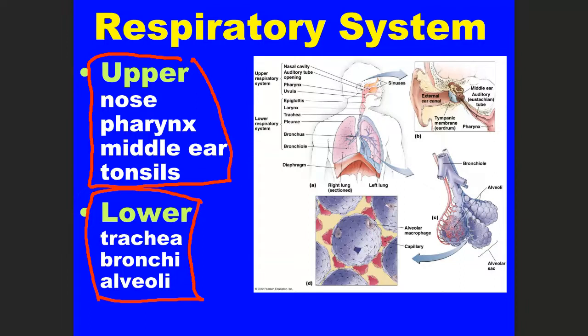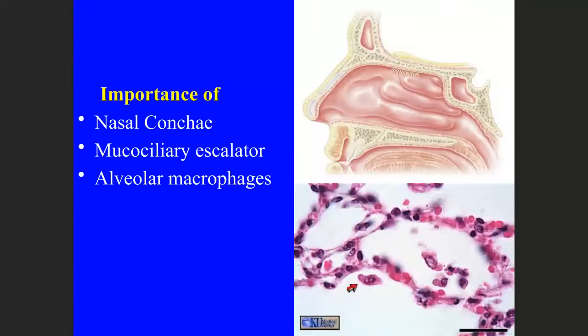All right. There are other structures that you probably remember from your other classes that are pretty important in the respiratory tract. So for example, the nasal conchae. Remember that you have a nasal conchae in your ethmoid bone, and then you also have the inferior nasal conchae, which are in two separate bones by themselves. Those nasal conchae basically serve to circulate the air as you breathe it in through your nose and then push it up against the nasal epithelium.